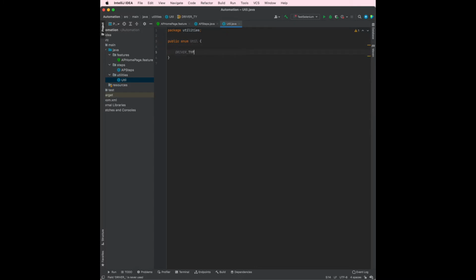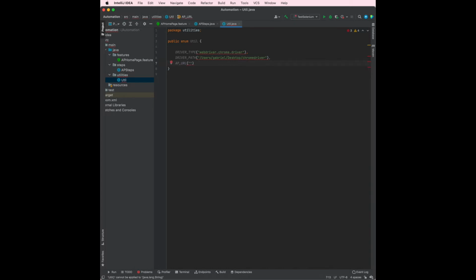It's going to be a driver type, and then pass in WebDriver dot Chrome dot driver, comma, and then driver path, and then we can just give the path. Mine's on my desktop, and then AP URL,